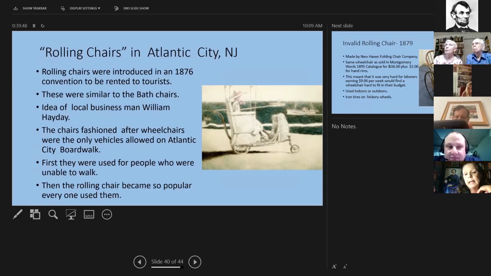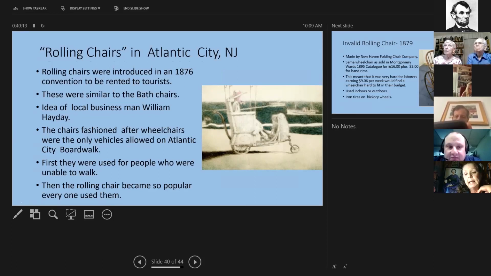And they had rolling chairs in Europe. Well, rolling chairs came to Atlantic City, New Jersey, and the rolling chairs were introduced in 1876 to be rented to tourists, and they were similar to the bath chairs.